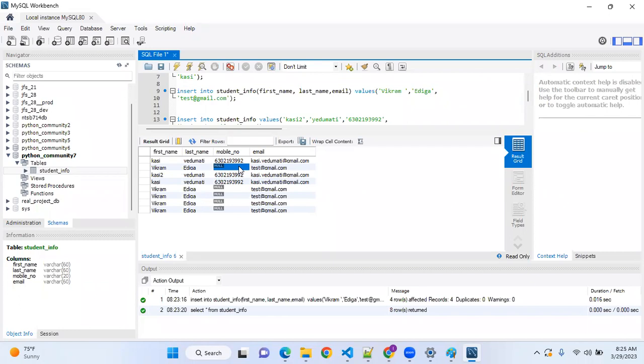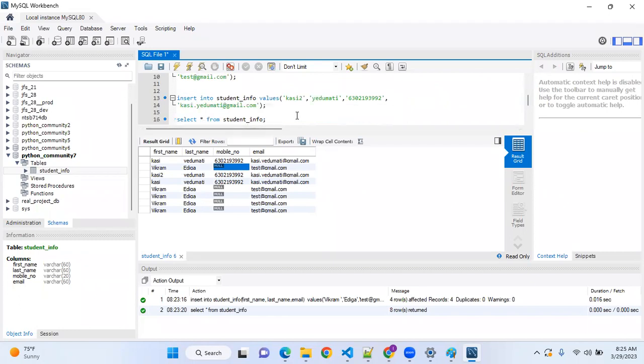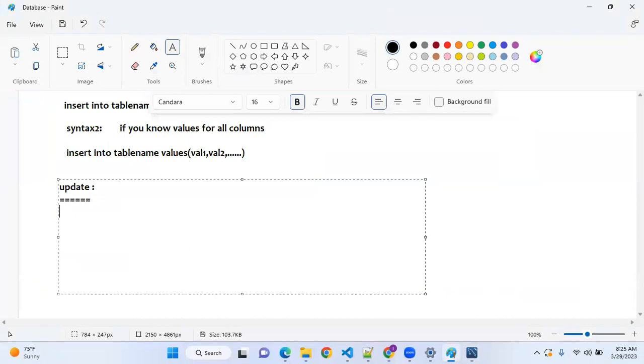I cannot insert it again, that will not make any sense. If I insert it again, it will become a duplicate record. Instead, I need to update the existing record only. Then I need to go for the update query to update information of existing records.